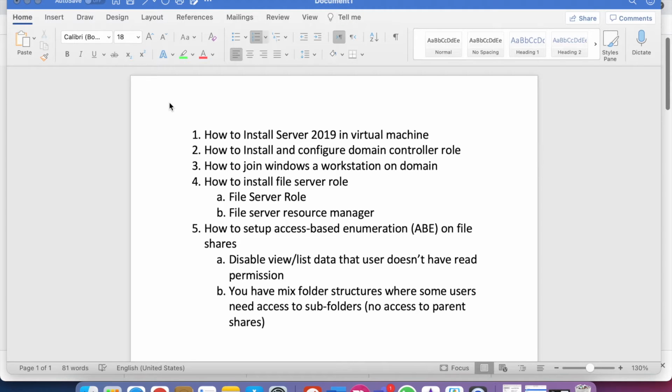In this video, I'll walk you through the steps to install Server 2019 in a virtual machine, and after that, I'll go through the installation of the domain controller on the same machine, and then in third place, we will try to join a Windows 10 virtual machine with this domain controller, and in fourth place, we will install a new file server and we will put a file server role on there and install the server